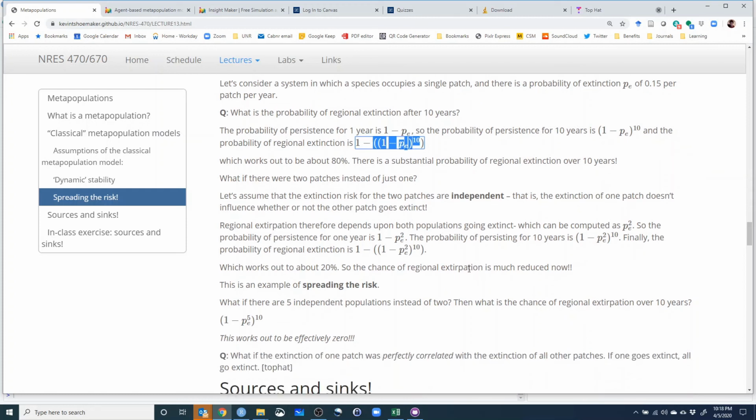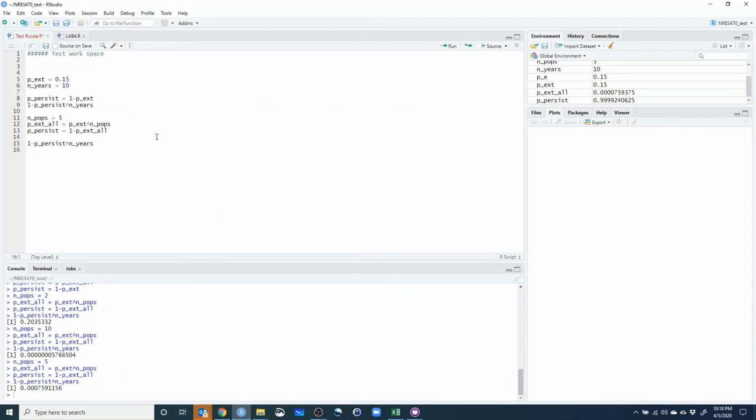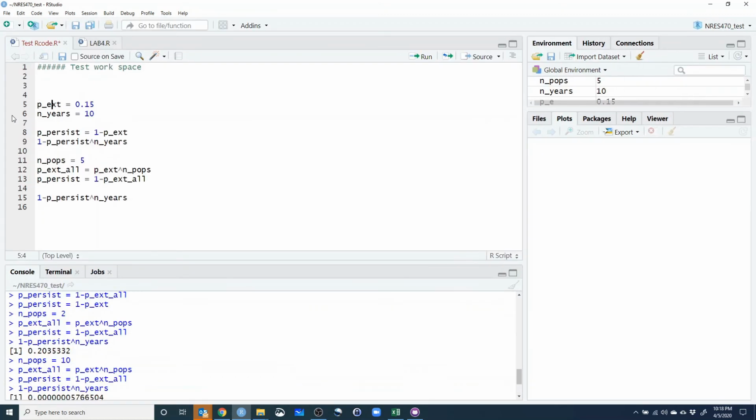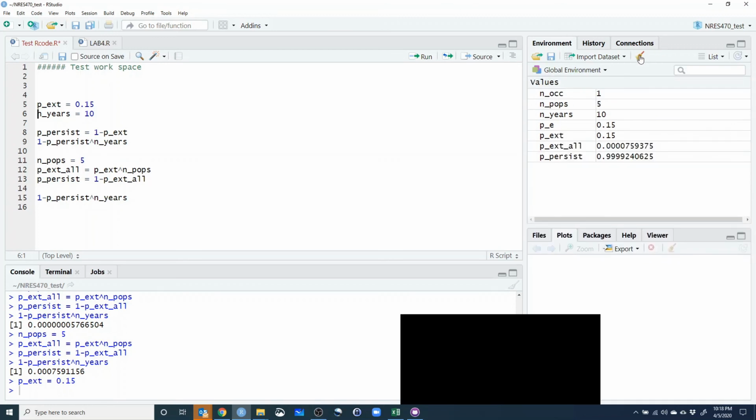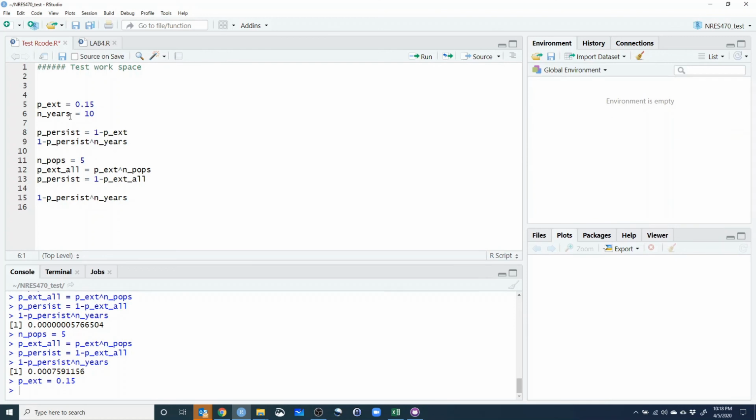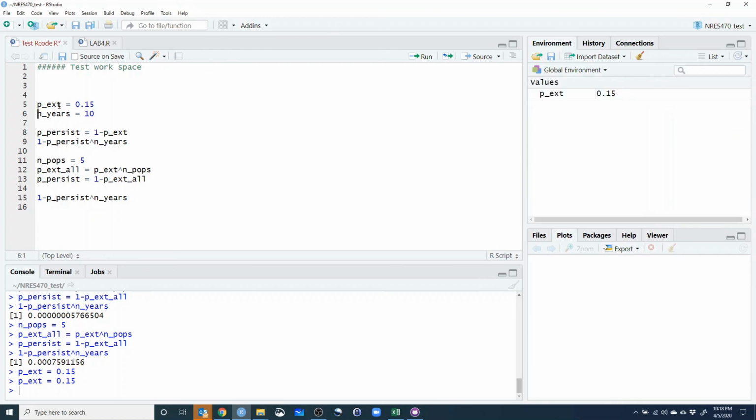So let's take a second to go over this in R, all right? So we have a probability of extinction. Here, I'll make this a little bigger. Probability of extinction of 15%, okay? So we define this term, probability of extinction, all right? Here, I can show you. I'll just get rid of these objects. Just read this. So the probability of extinction is